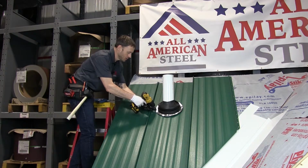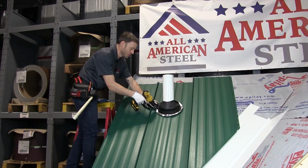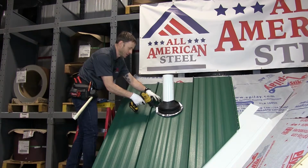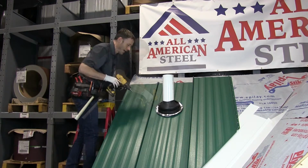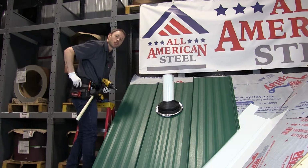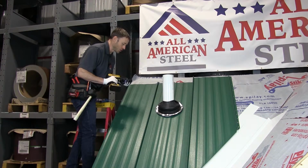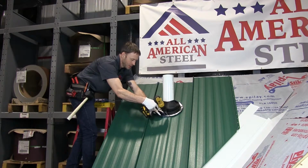And now I'm going to be using stitch screws to fasten the flange. My approach has always been to install the stitch screws at 12, 3, 6, and 9 o'clock, and then start splitting it from there. As with all rubber washer screws, you want to make sure not to over-tighten them. When you over-tighten a neoprene washer screw, you squish the gasket, which then exposes it to UV,